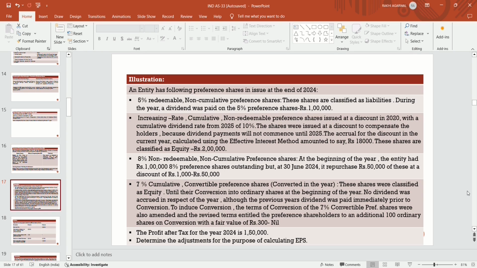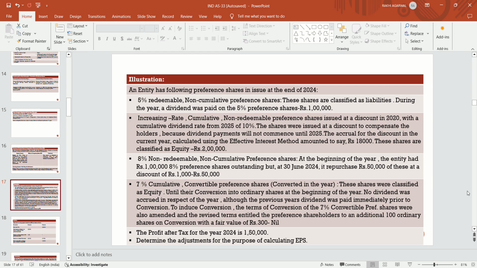Now 7% cumulative convertible preference shares will be converted into equity, and dividend is also paid. Even if it was not declared, it will be paid. These shares were classified as equity until their conversion into ordinary shares at the beginning of the year. No dividend was accrued in respect of the year, although the previous year dividend was paid immediately prior to the